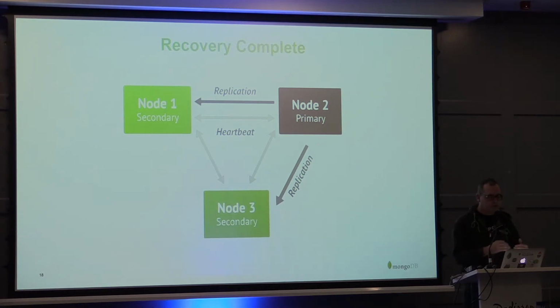You could force node 2 to come back by setting a priority value, but really it's absolutely comfortable for that primary to move around the nodes. The drivers are designed to connect to any node and use that node to find where the primary is. So you don't need to know the total topology of your network. You just need to know 1 or 2 nodes' IP addresses or DNS names. Once you connect to them, they'll inquire of the total topology, and when they've done that, they'll return and start